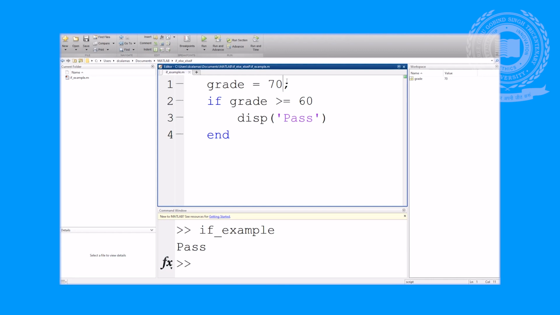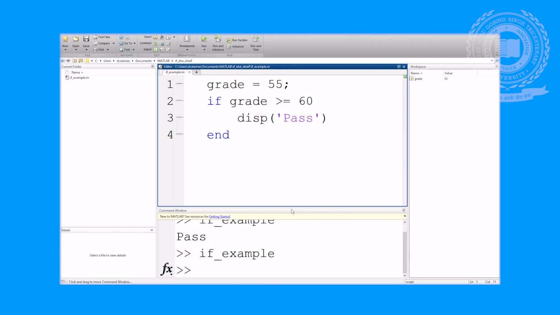Let us say 55. Now we rerun the program, and we can see here that nothing happens, and that is because there is only one path that the program can take to actually evaluate a statement. Since the grade was not greater than or equal to 60, the program just ended.